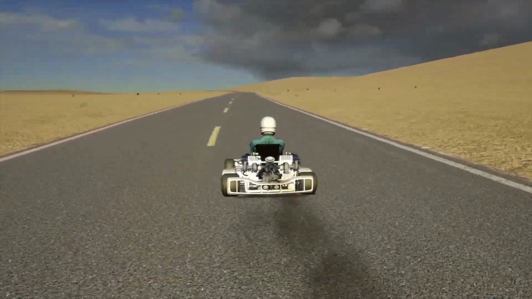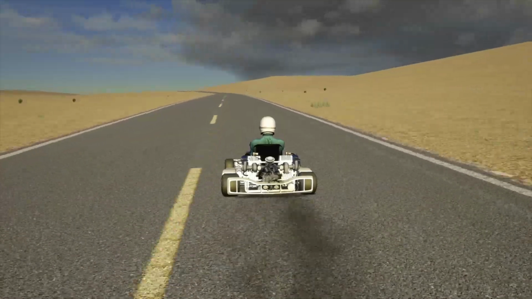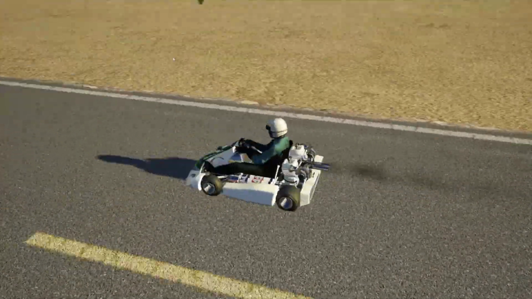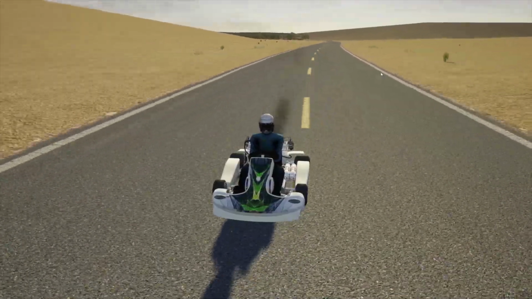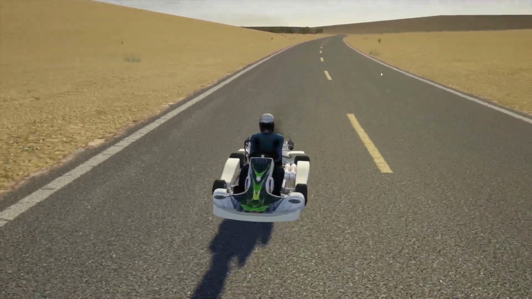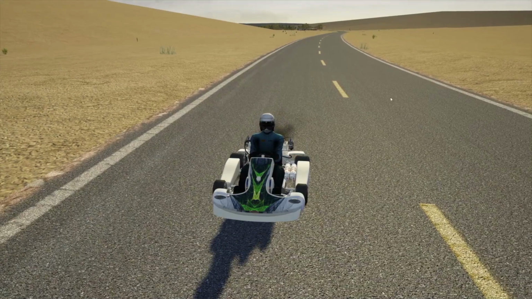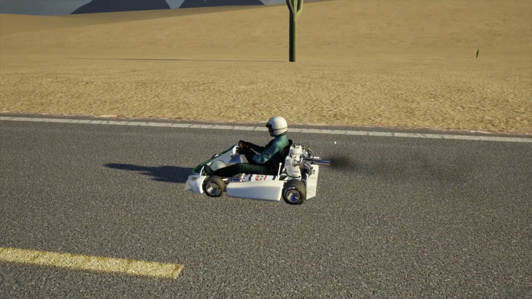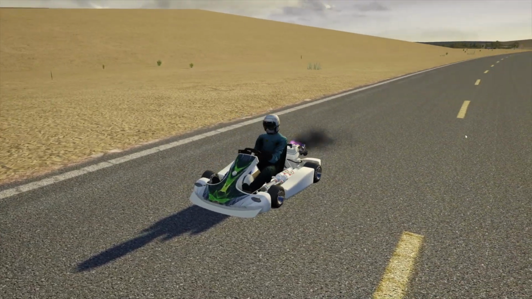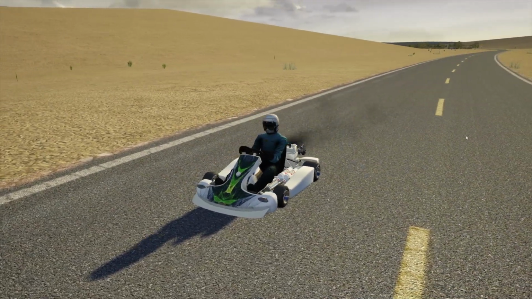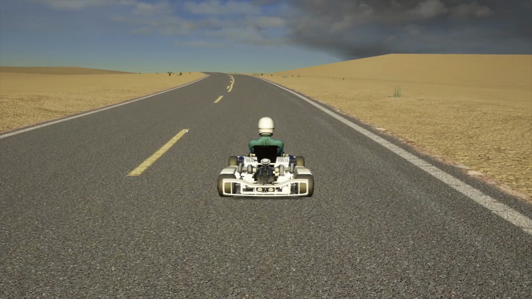Oh, look at that. So, that's how you do it, guys. Anything you want to add flames to, or not flames, but smoke. Look at that. Now,